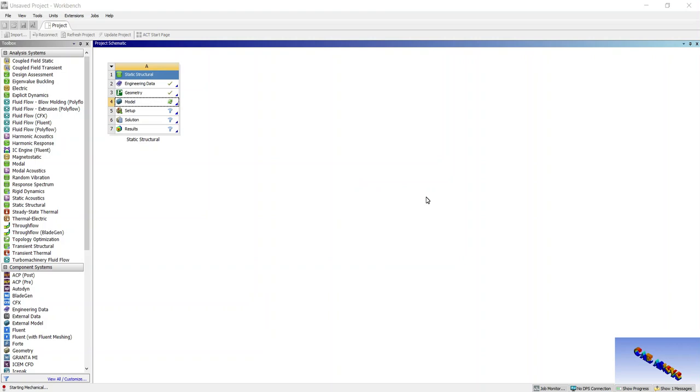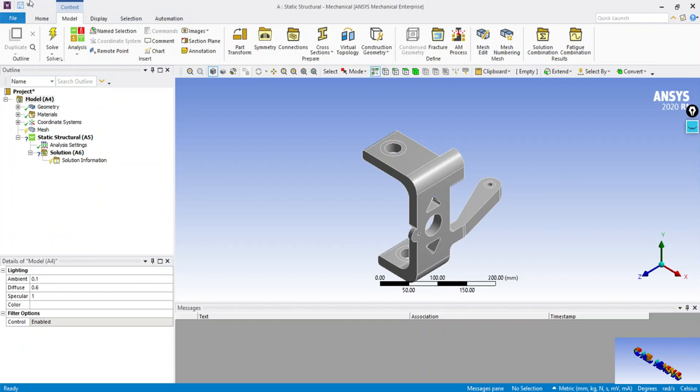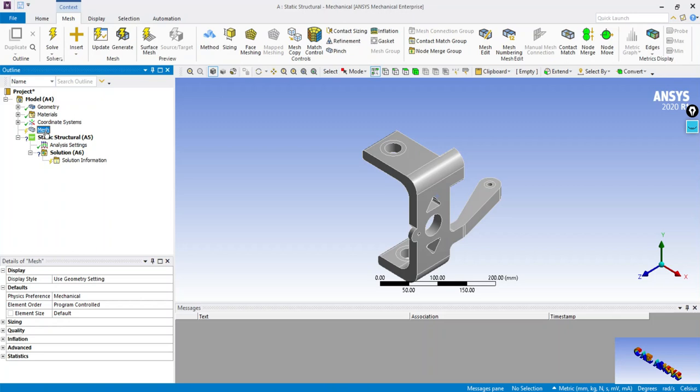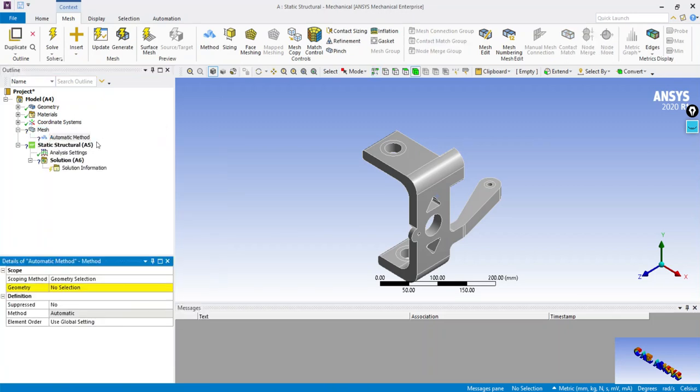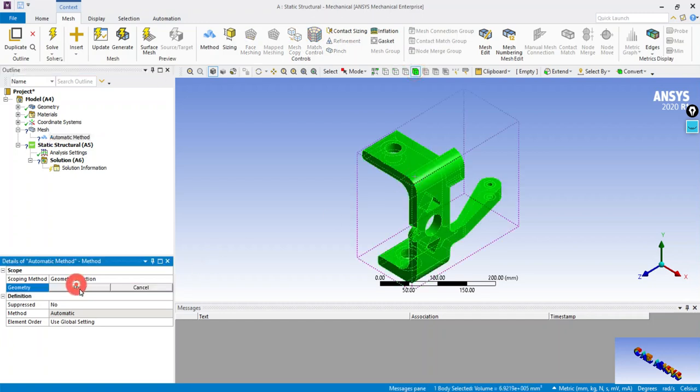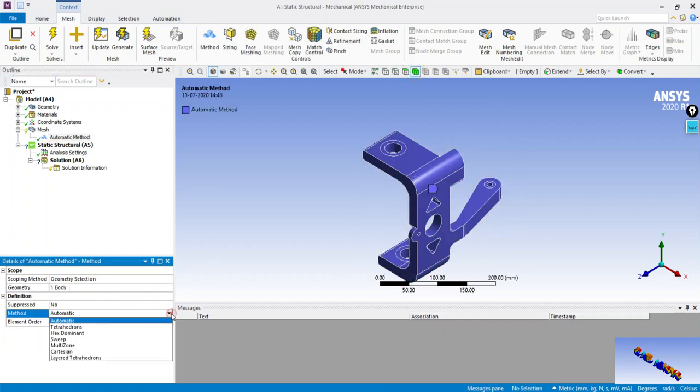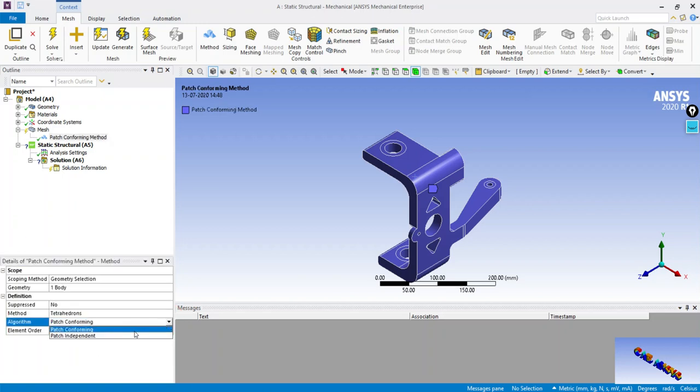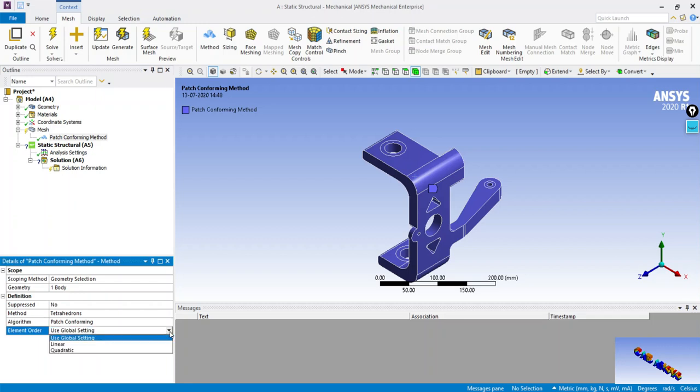In this video we are going to learn how to mesh a component without using the adaptive sizing method. Patch conforming method.